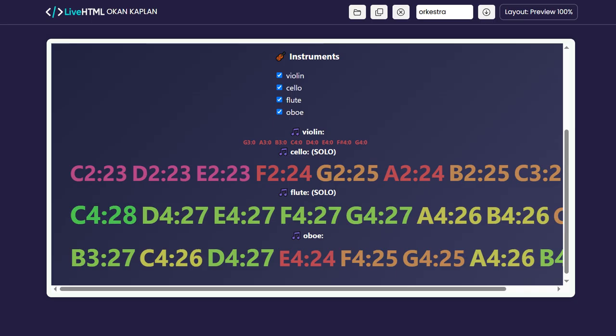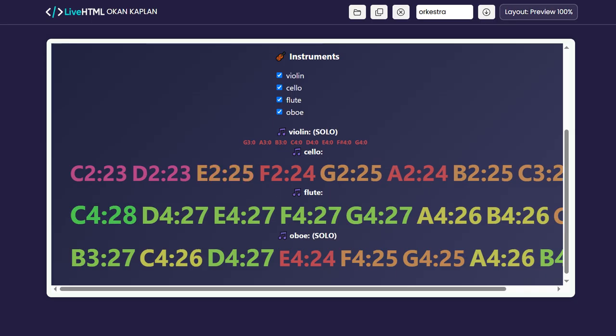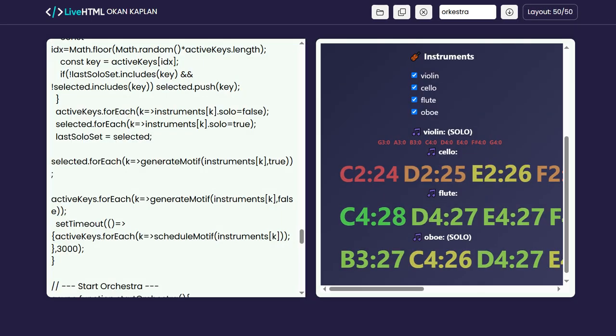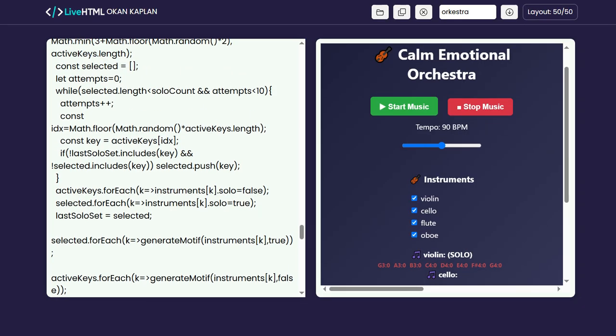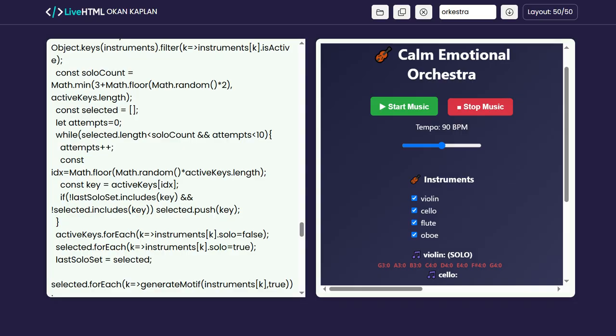Each instrument is initialized as an instance with properties not only representing the sampler, notes, and pools, but also tracking state variables such as is active, is playing, solo, last note, last motif, and note usage. These state variables are critical for creating meaningful randomness. They ensure that notes are not repeated excessively, motifs do not repeat immediately, and the overall musical output remains both